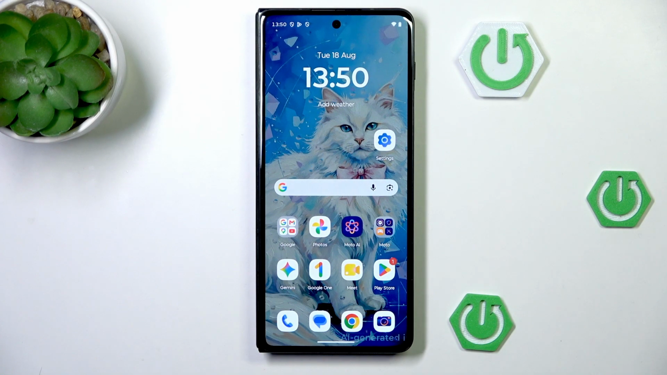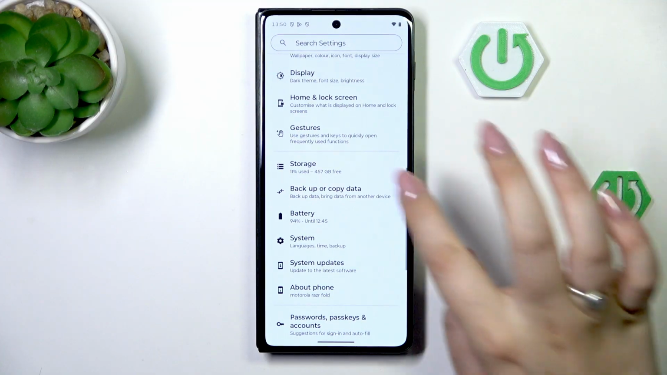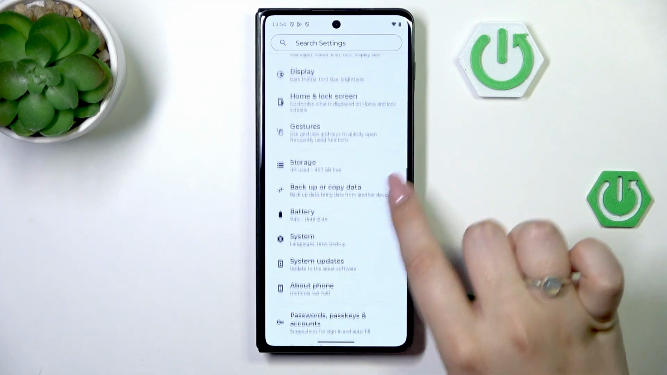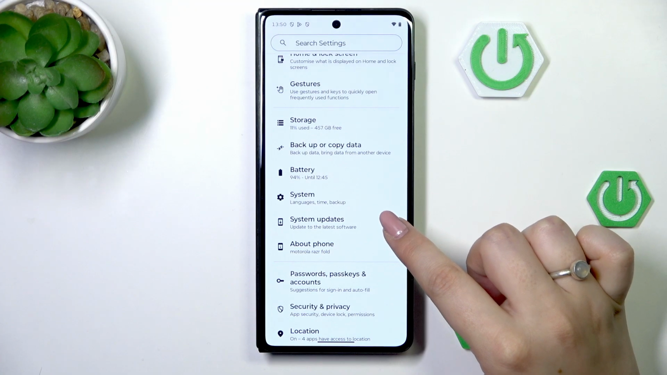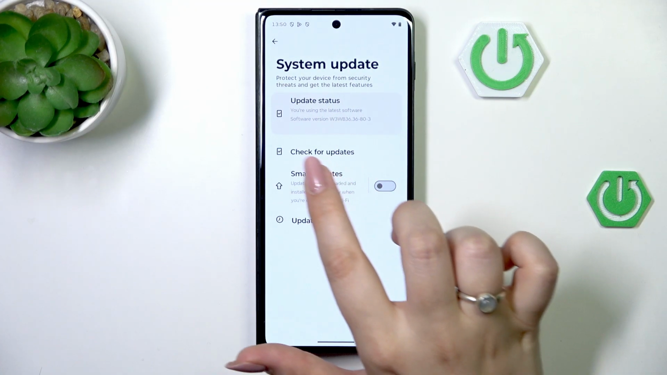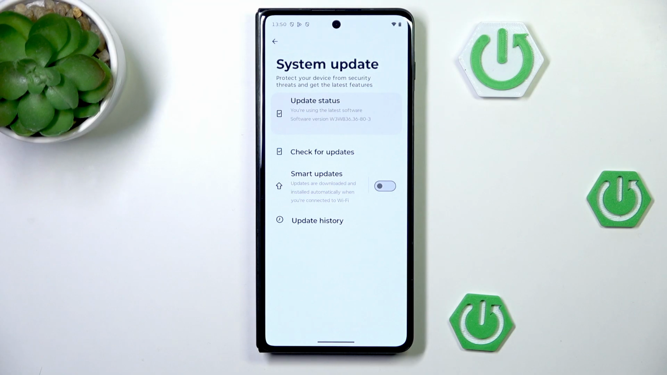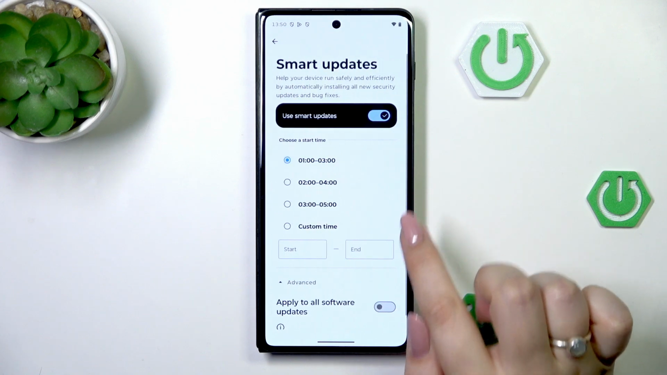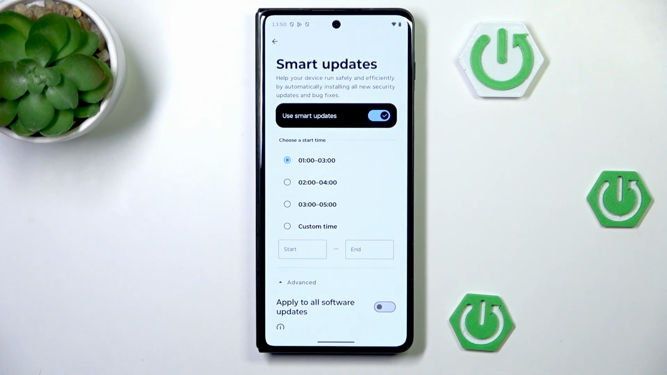So let's start with opening the settings, and here we need to scroll down and find the option System Updates. Let's tap on it. Here we've got something which is called Smart Updates, and to be honest, it should be turned on by default by the developer, but if for some reason you do not have it turned on, all you need to do is to tap on the switcher, and here we will be transferred to management of the